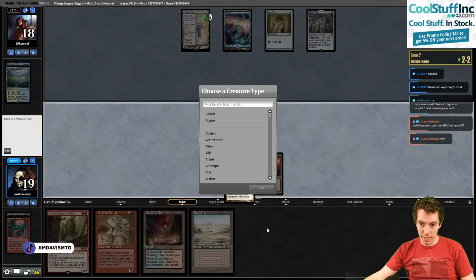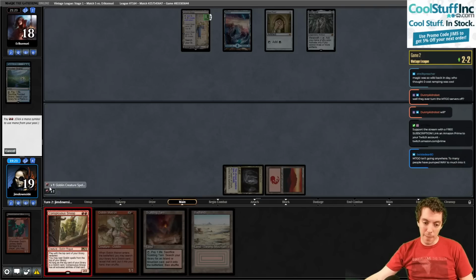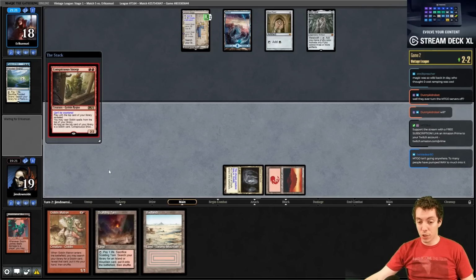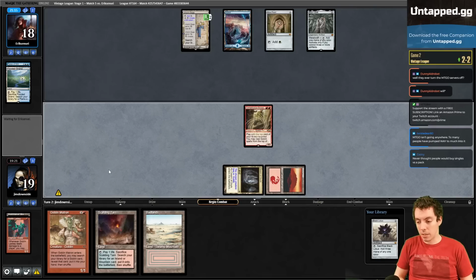Cavern of Souls, that's pretty sick, actually. We actually are set to win in a few turns, though. Alright. Snoop, can't be countered. Will they ever turn the Magic Online servers off? They've really backed themselves into a corner. Because, frankly, that's a win next turn. The Lotus? Maybe, I guess, but